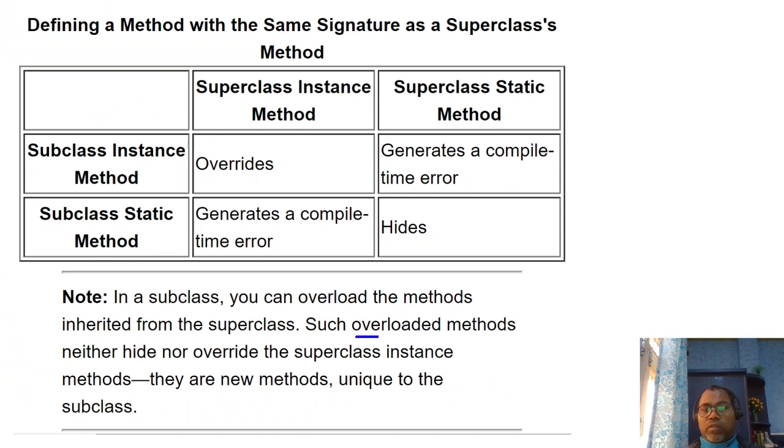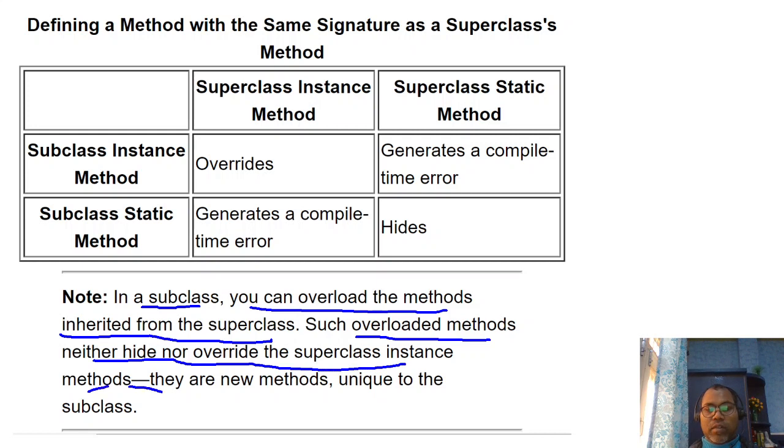Such is an overloaded method. In a subclass, you can overload a method inherited from a superclass. Such an overloaded method neither hides nor overrides the superclass instance method, and it is a new method with a unique name in the superclass. Generally there is one misperception, that overloading is always in the same class.